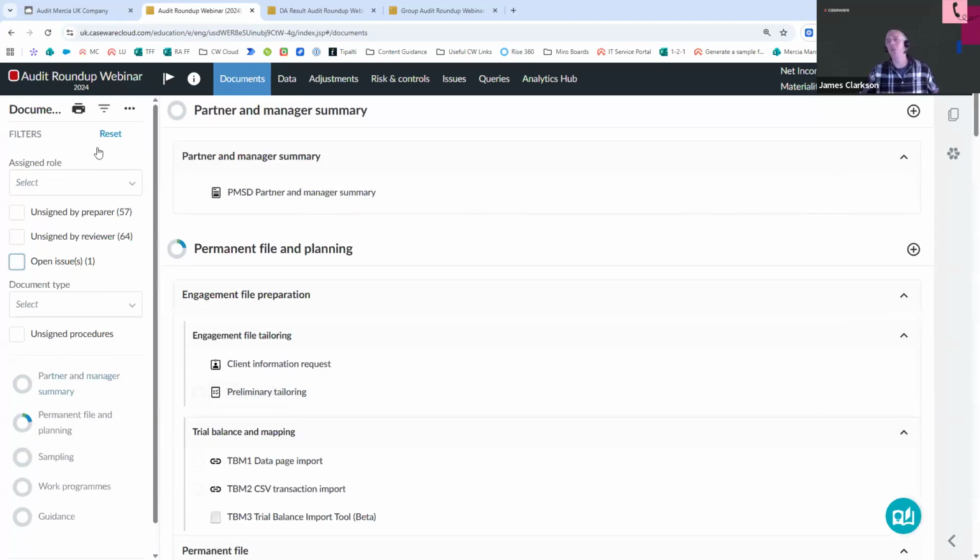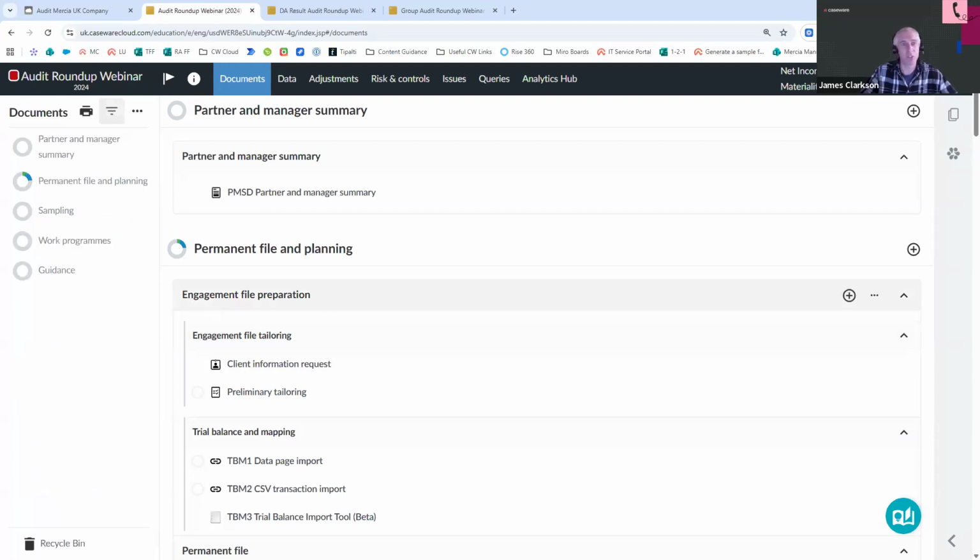So hopefully that will help you in knowing what's left to complete within your files, helping to identify documents with issues a little bit quicker, and just generally make it a little bit easier to work within the document screen. Now, looking at types of documents themselves,